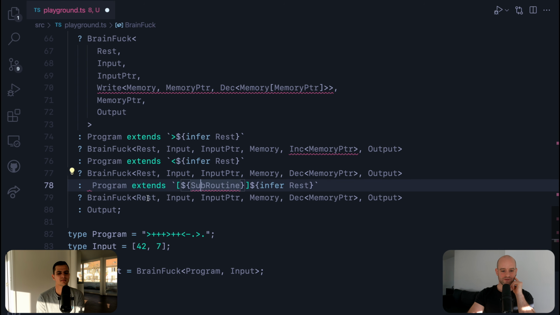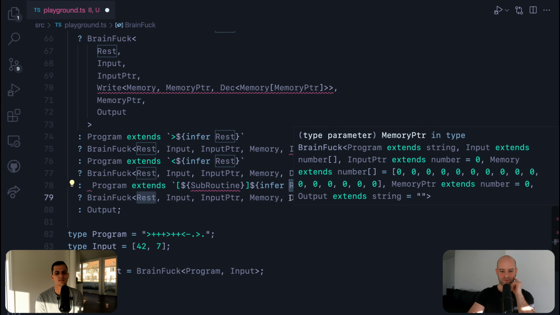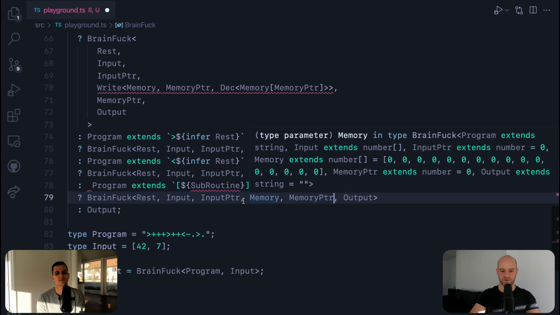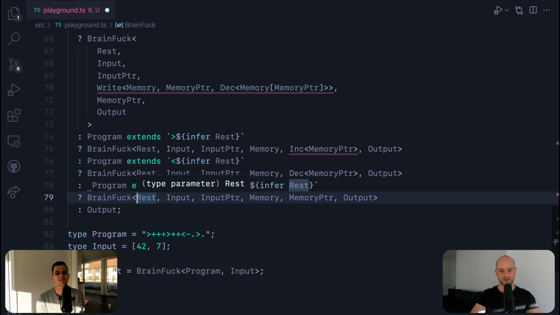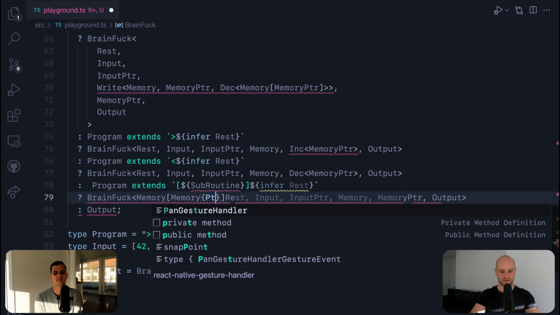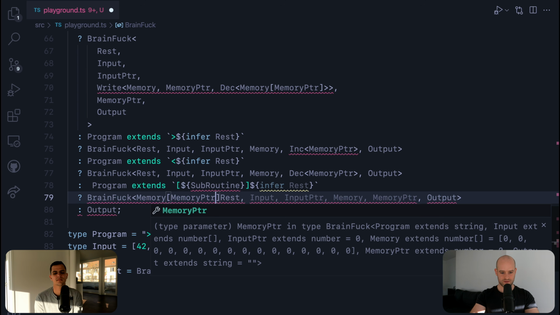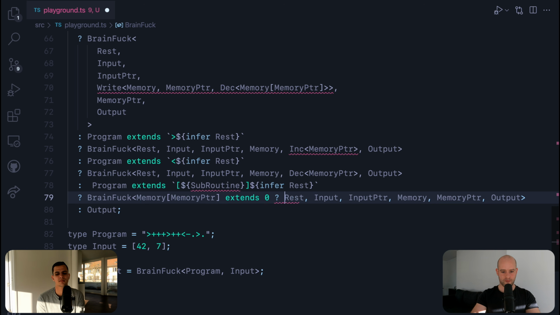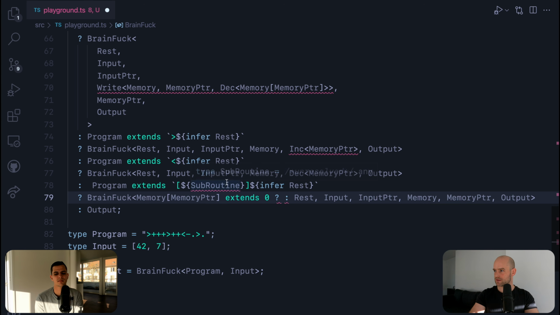we need to check if the value at memory, so let me remove the decrement here. We need to check if the value at memory is 0. So if memory at memory pointer extends 0, we go back to rest directly because we don't execute what's inside.